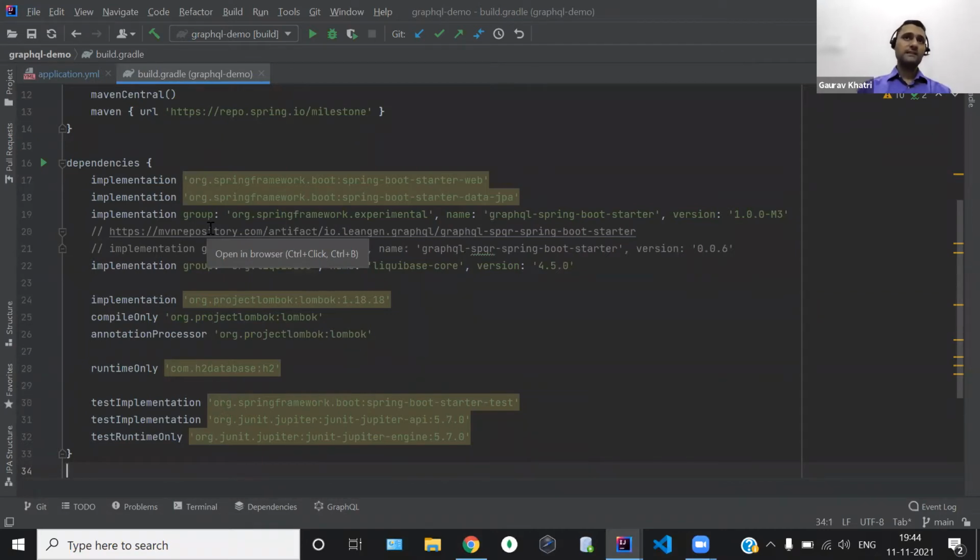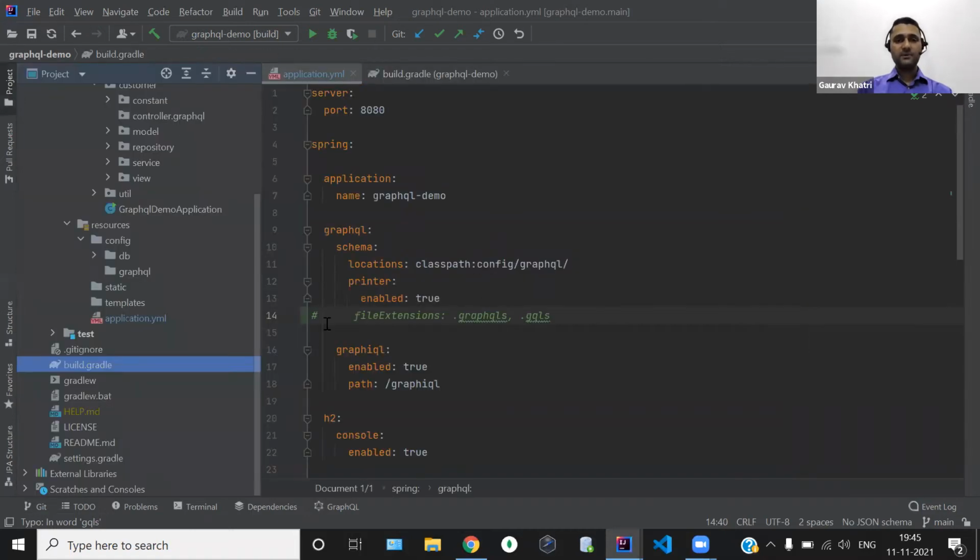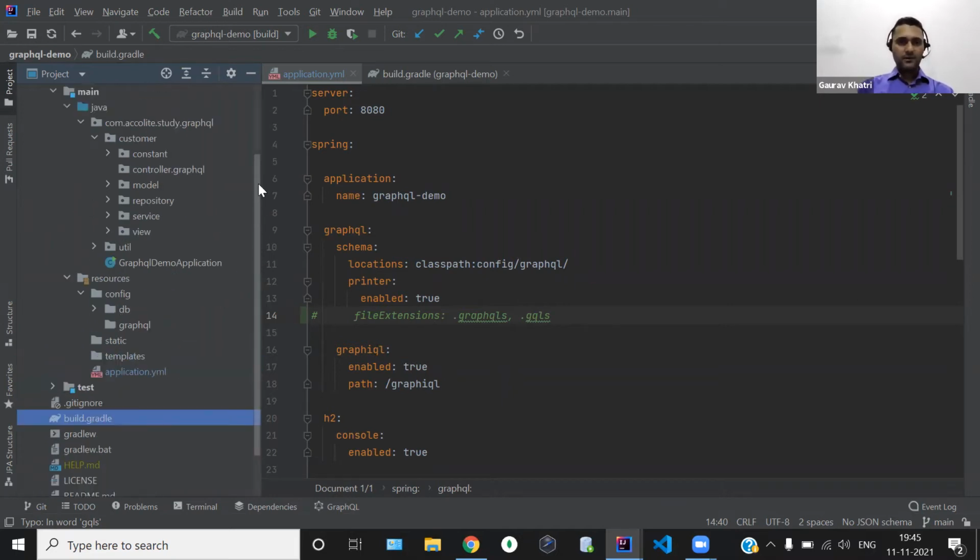And if we want to change that path, then we can provide that custom path using the Spring Boot configuration, and that configuration can be provided like this: spring.graphql.schema.location, and in this location we can provide the custom path. So over here I have moved the GraphQL directory into the config, so I have provided something like this. And apart from this, we have some other configurations, so we will discuss those configurations later in the phase. Okay, so now we are good to go with the